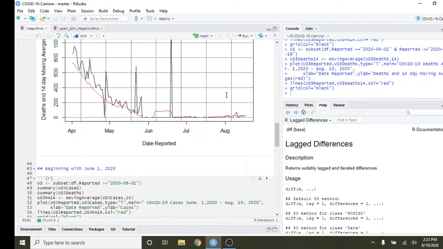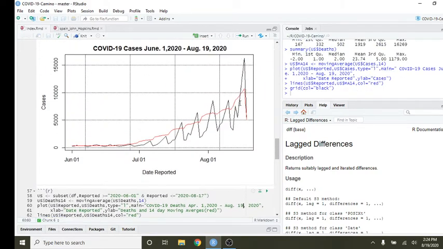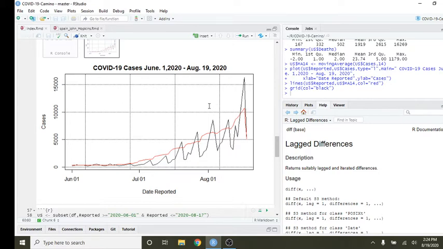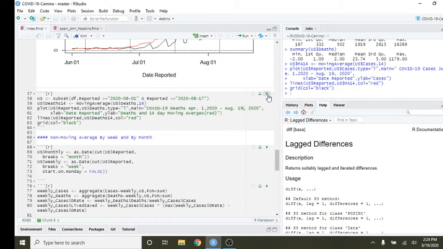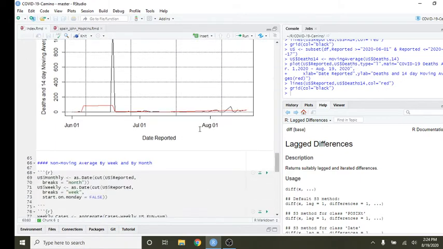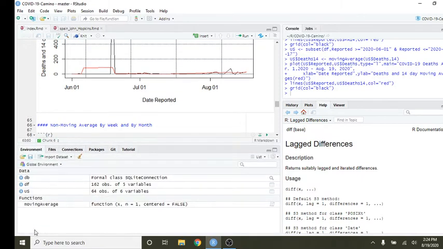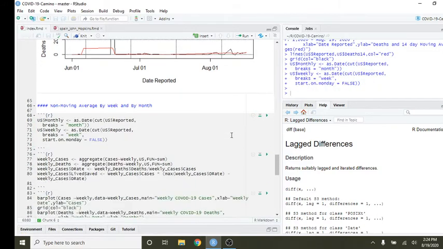Let's take a look at deaths. Deaths are still holding flat, if that's correct. Take a look at the most recent spike in June. See the cases began to climb, but now appear to be falling. Again, deaths are holding flat. Cases,